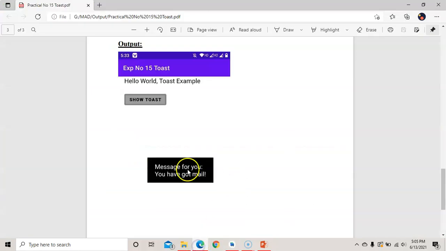So you can see here this message is on the center, and from 60 means from here to here horizontal space, 60 is left, and from the top side from here to here 100 space. So Y position is 100 and X position is 60, and it is on the center.